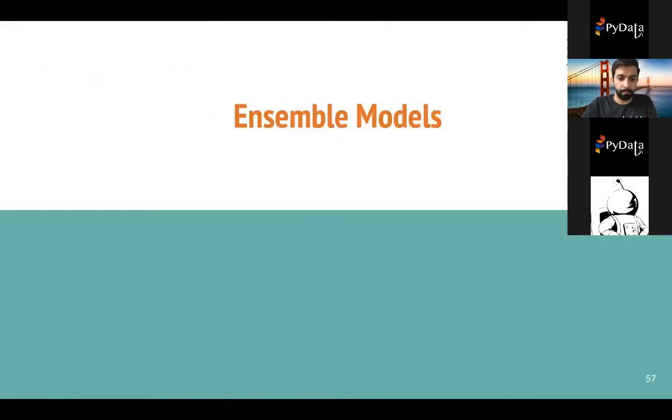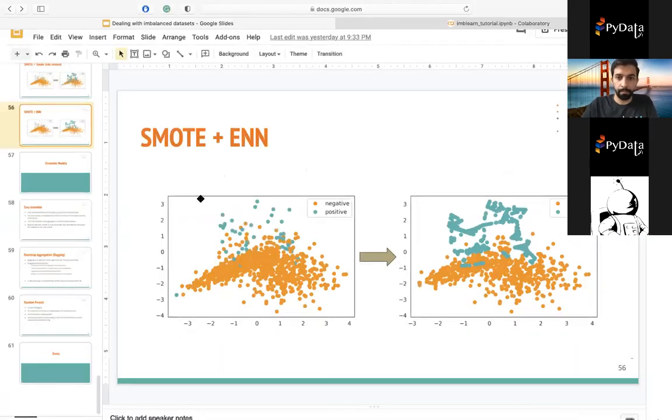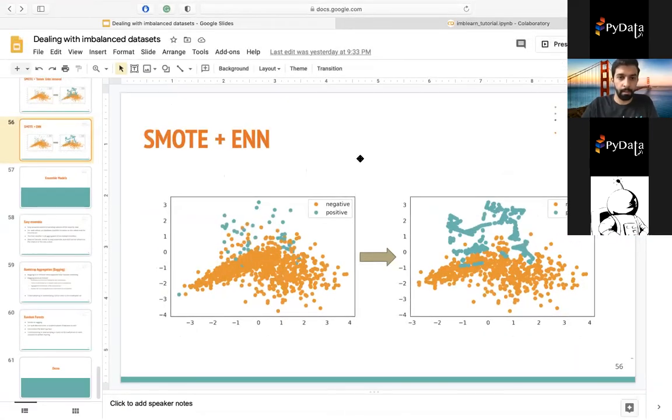Saud, can you see the chat, or should I read the message for you? Yeah, I can see it. Okay, so I see there's a question. My question is, what if we reweighted the classes in the loss function, adjusting the loss with a higher cost to the minority class rather than explicitly resampling?